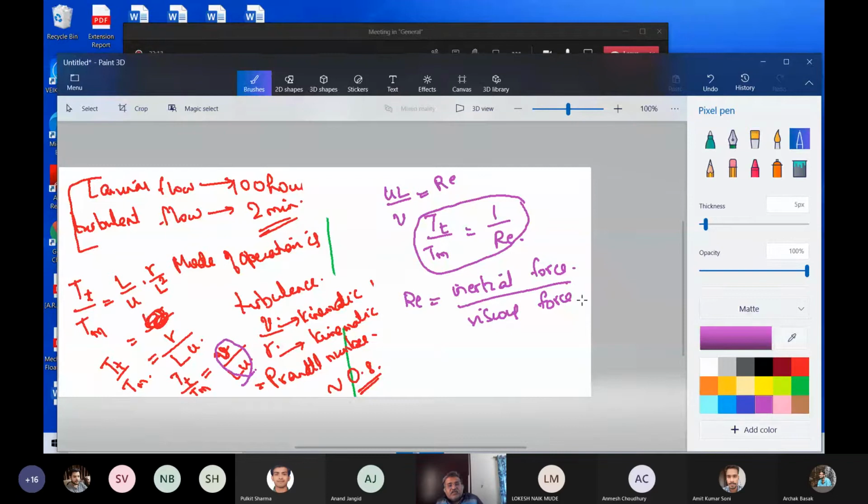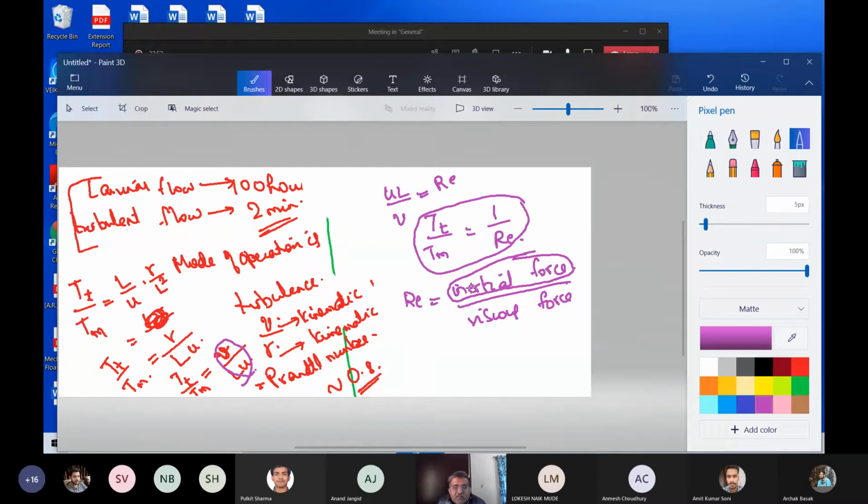So you should know that this is basically the inertial force by viscous force. In the case of fluid flow, when a fluid is flowing, the inertial force is the force that tends to destabilize the fluid. So this fellow tries to destabilize the fluid. It is an inertial term, a non-linear term, and whenever there are non-linear terms, they have a tendency to destabilize the solution. Mathematics is also like that: when you have non-linear terms, it tends to destabilize, whether it is a differential equation or not.